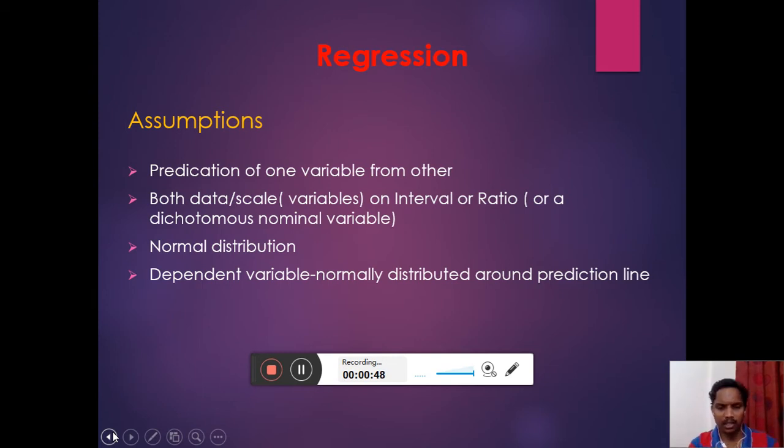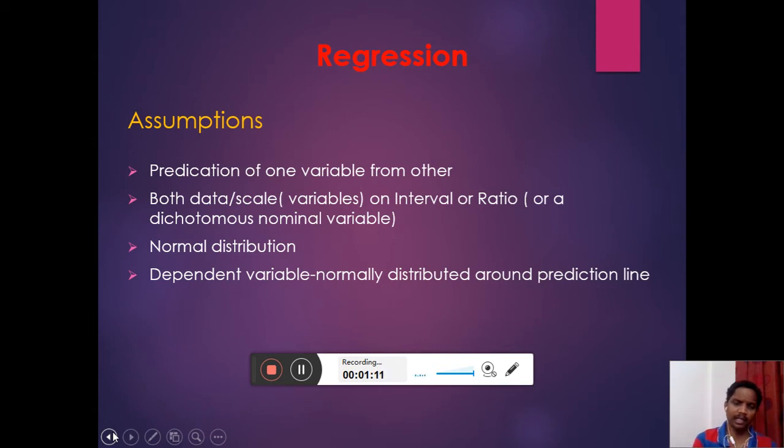Let me give you a simple example. Whether we can predict the weight of an individual from his height, whether shorter people will have less weight and taller people will have more weight.